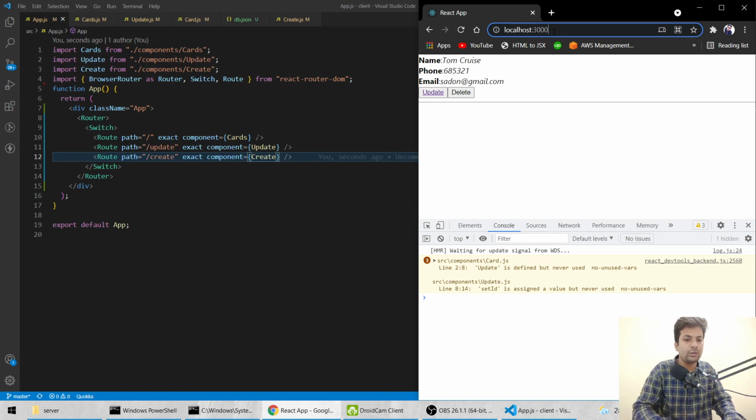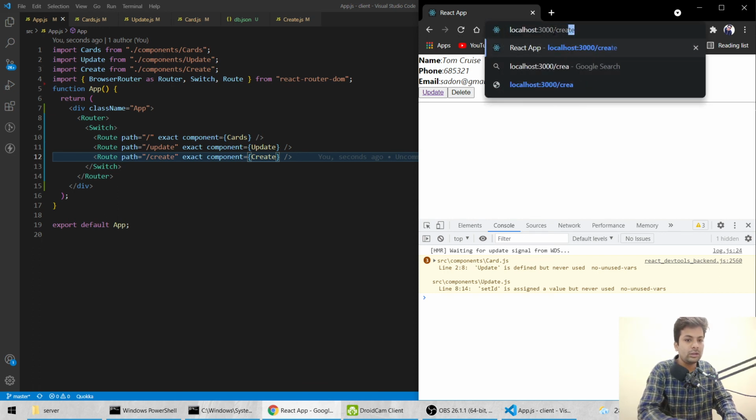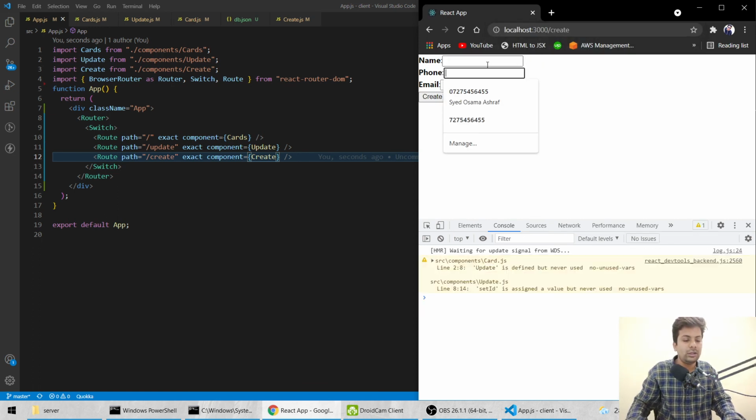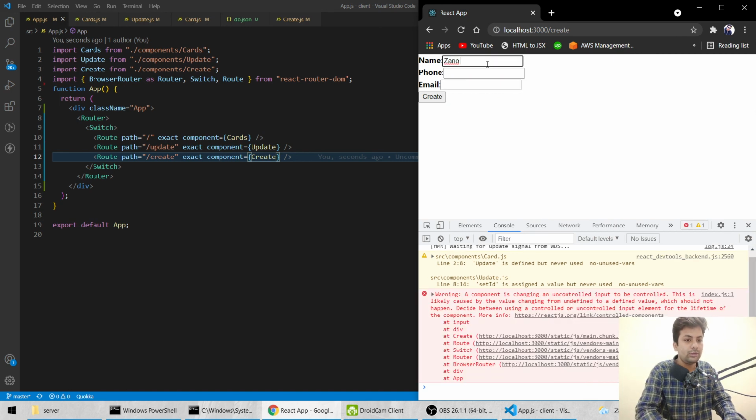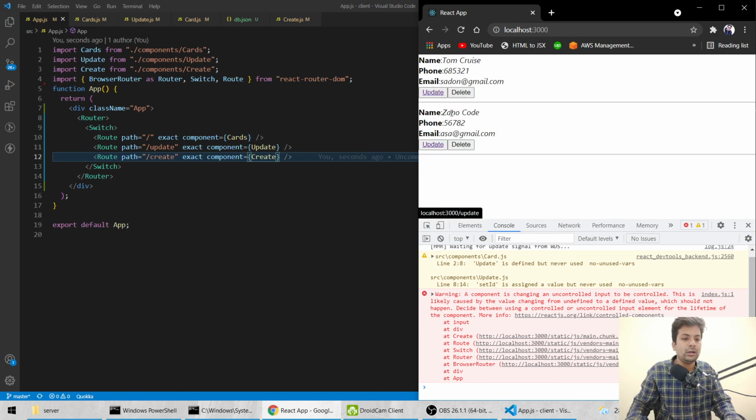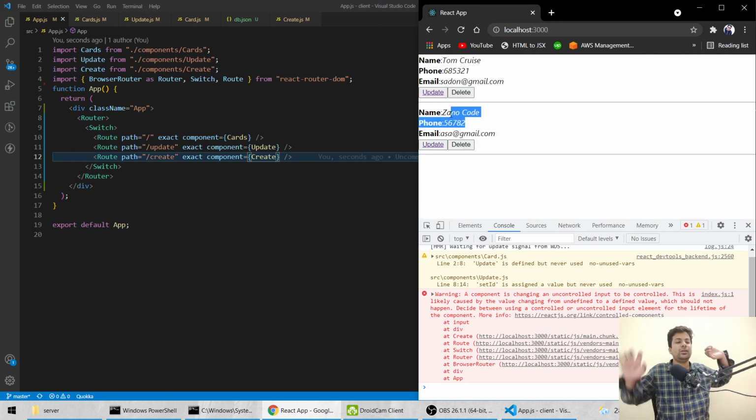And if we go to slash create, and we'll say name Zeno code, phone whatever, email gmail.com, hit create, and this data got created.